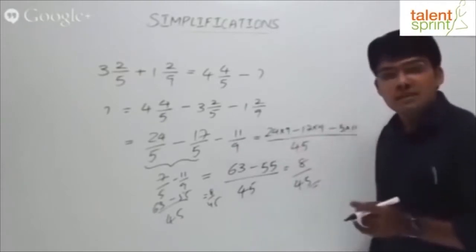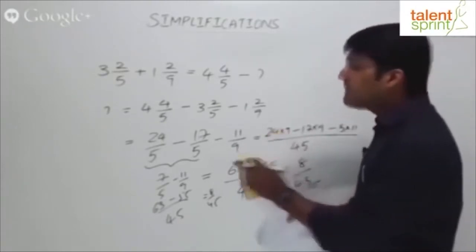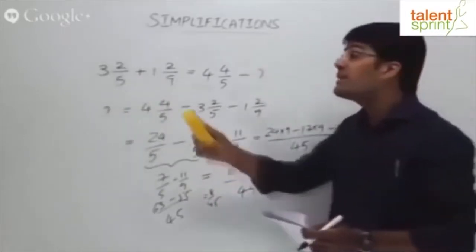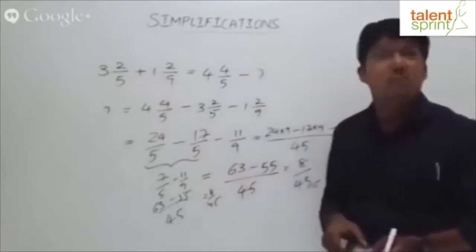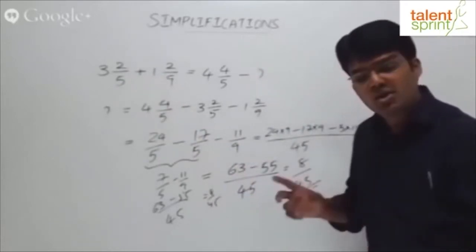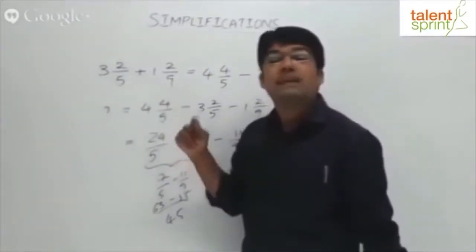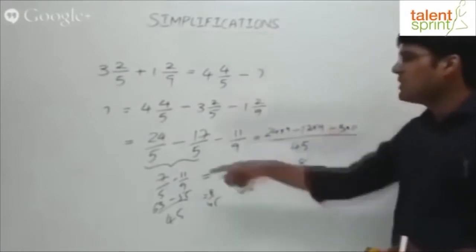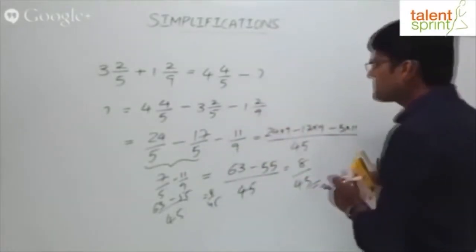So what is the smart way of solving this question? Let's look at it. Never try to convert this mixed fraction into an improper fraction. Don't do that, right? Instead of that, try to split the mixed fraction into integer part and the fraction part. That will give you the answer much faster. Let's look at the solution, right? Instead of doing all this stuff, what we'll do here is,